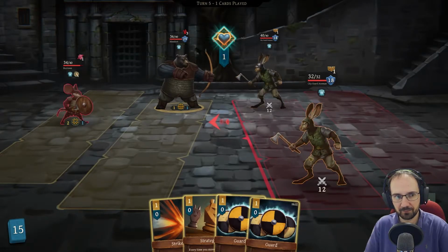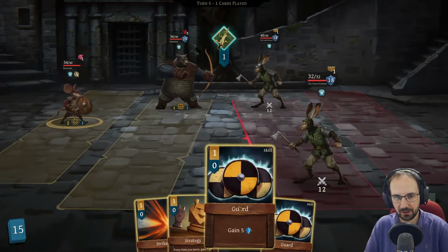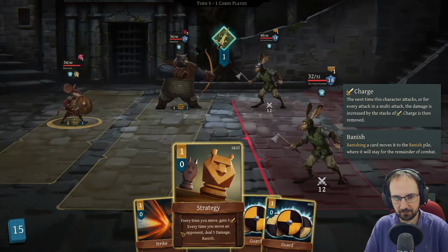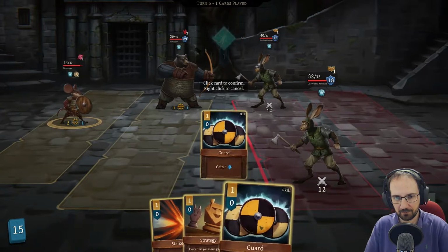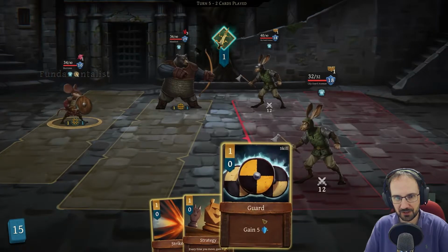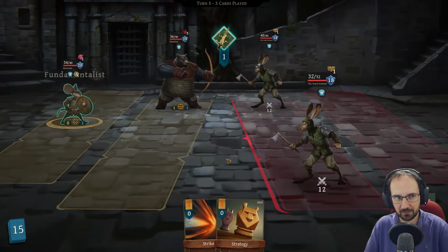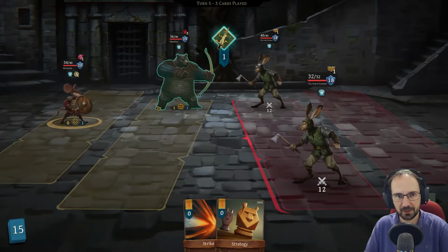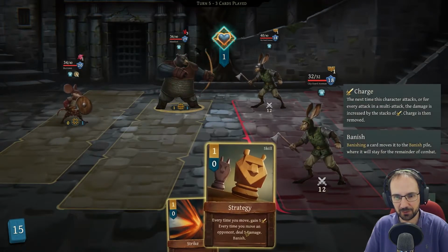There. Okay, they're both still targeting Mouse. Poor old Mouse. Just give him as much shield as we can. Why did that do more? Fundamentalist. Oh, okay. That's his passive trait. I forgot we gave him that last time. Okay, that's nice. That will help. Still won't completely mitigate the damage, but